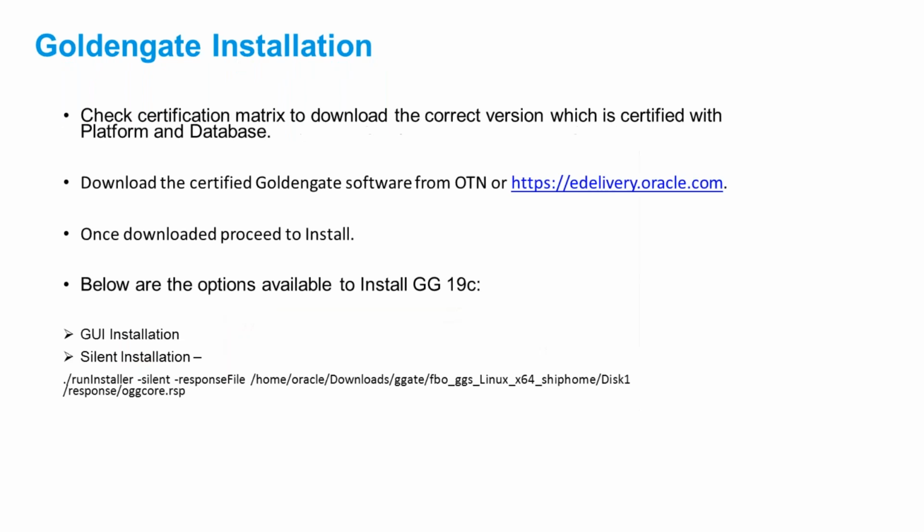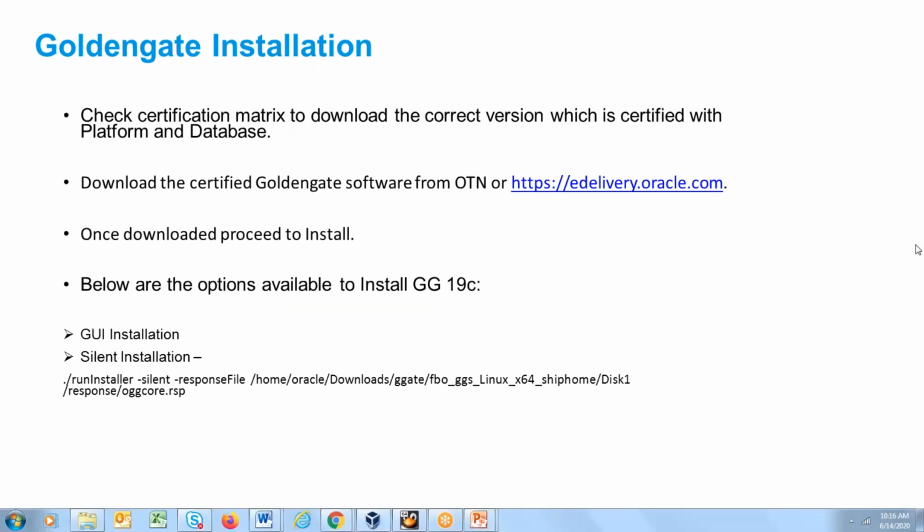Okay. So let me take one or two questions which I have received. What is initial load? Can you please help us to understand? So initial load is when you load the data initially from source database to target database. For example, your source database is running for 2 years right now, and due to regulatory requirements, you decide to use Golden Gate from today. So Golden Gate can take care of data, whatever is there from today onwards. But what about the data which has been there for the last 2 years?